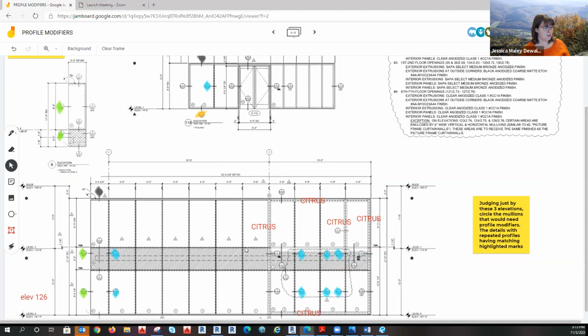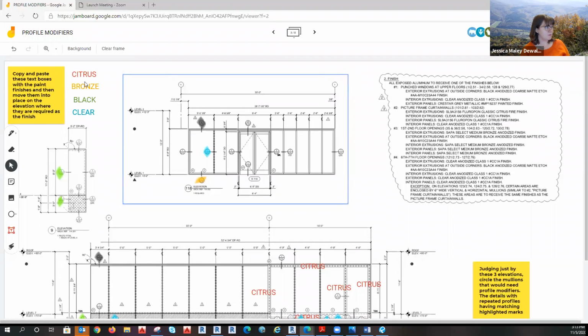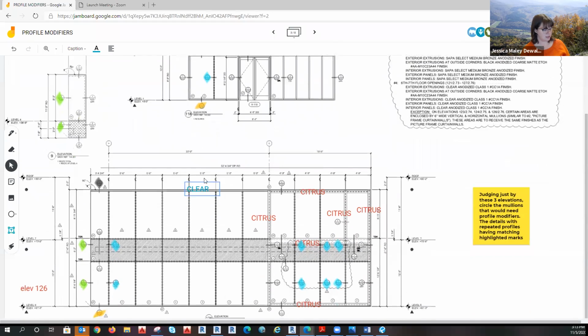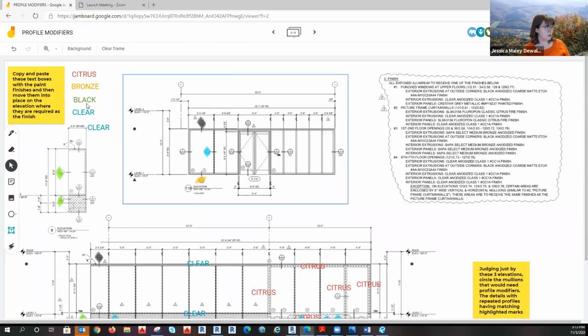So this was all the citrus color. Then we had, we'll just do this one elevation, and this would all be clear. And then this corner